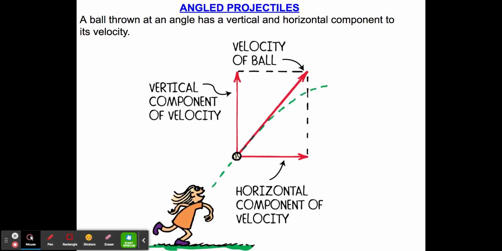Hey guys, let's go over some basics for angled projectiles here. And then we'll do a couple example problems in some separate videos. So an angled projectile is anything that is thrown at an angle, not horizontal. So a ball thrown at an angle, here's an important thing to realize, has a vertical and a horizontal component